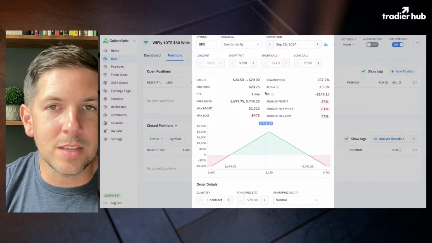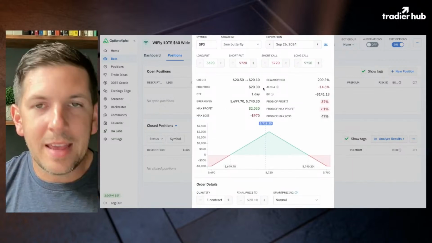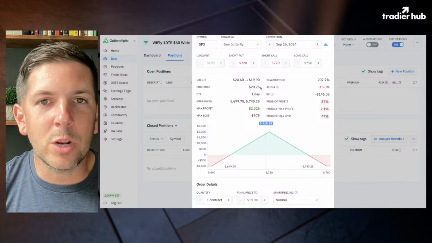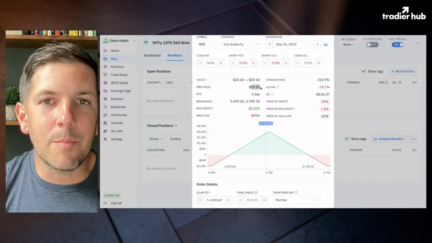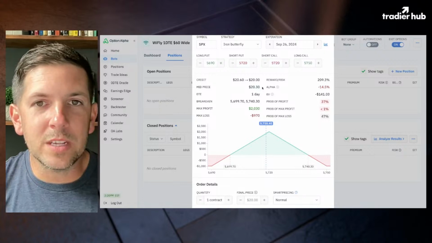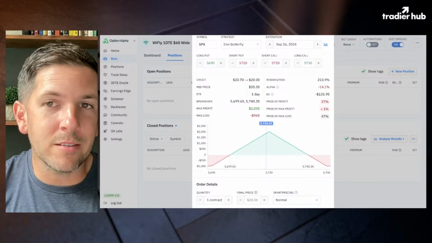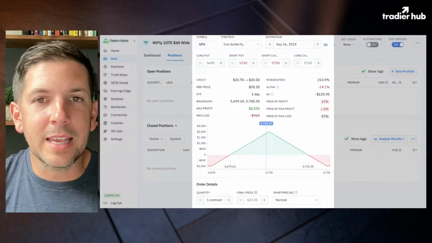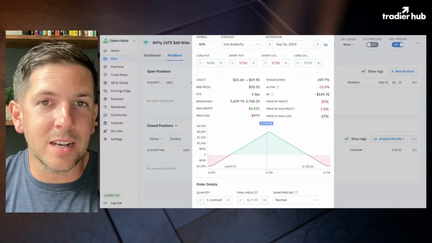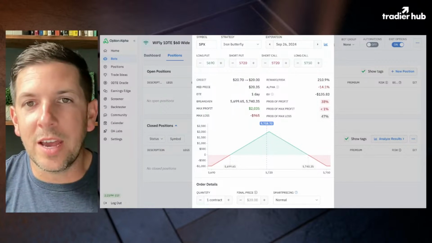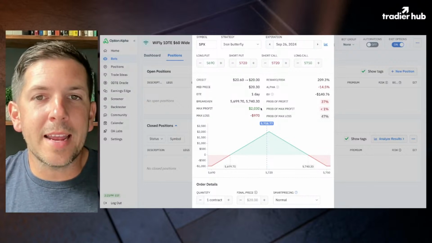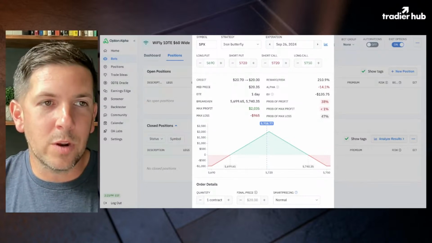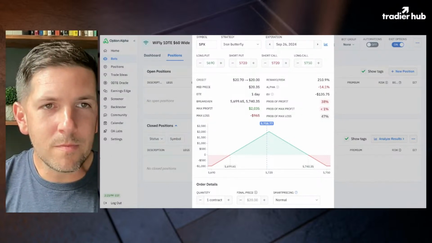Now, if I do this, and this is actually good, I didn't know it was going to price out exactly like this, but you can see that what it's pricing out to right now, mid-price for this trade, is about $20. So this means that you're collecting a $2,000 premium. Now, that doesn't mean we're going to keep all that premium. You might use exit options to capture a percentage of that, 15%, 20%, something like that. But what we're trying to do is get outside that $20 range, because remember from our research